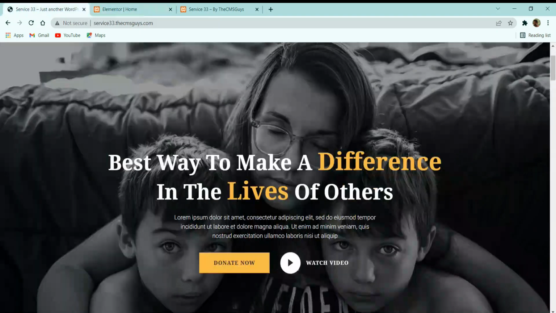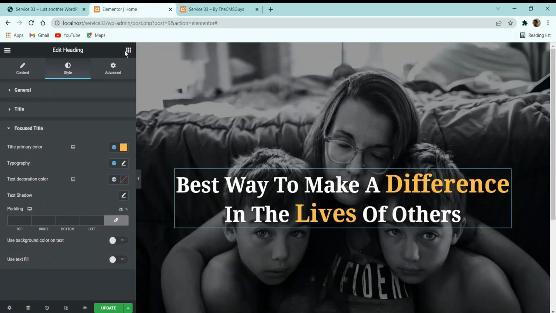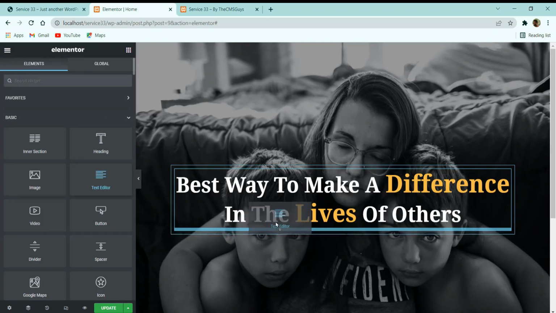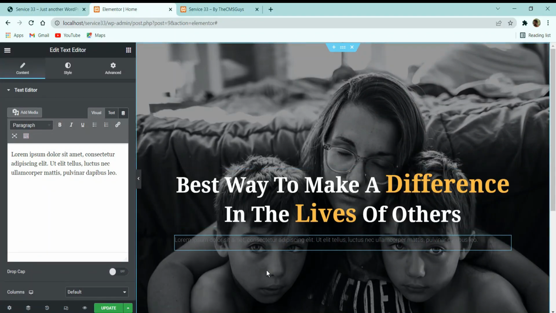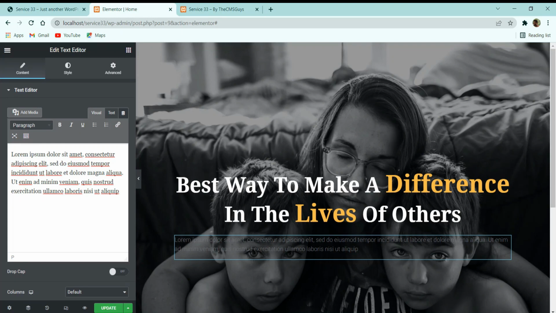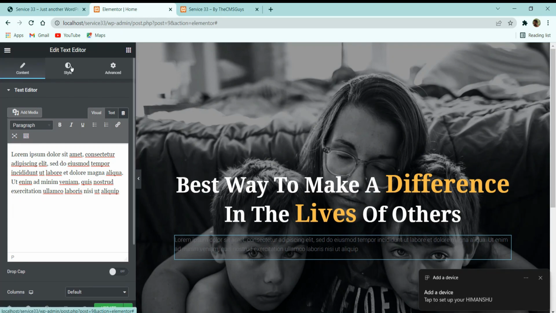let's move to the second one, which is our paragraph text. So let me copy the paragraph text from here, and then let's click on this nine dot and go to the widget section of the Elementor, and here you will find a text editor in the basic only. So just drag that text editor over here and you will get this paragraph text. Now let me replace the paragraph text,